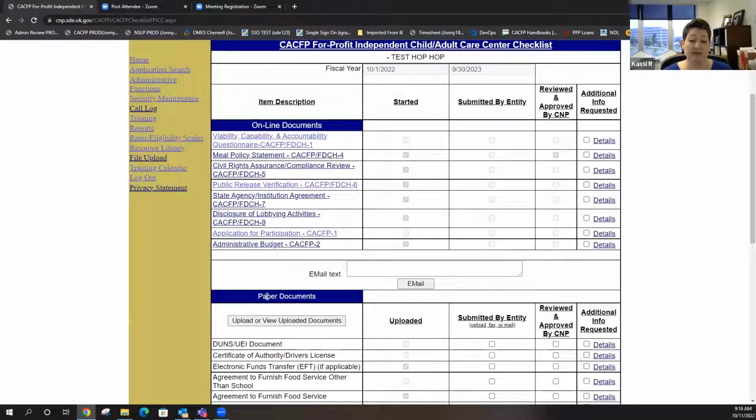And right off the bat, like I said, it's a far shorter list of things, because we've only made things appear that you need, and we've condensed some other things into one form. So if you see these forms that are rolled forward, submitted, and approved, you simply have to click into them and make sure nothing needs to be changed. You don't need to resubmit it. That's one less step. They're not hard forms to do, but that's one less thing for you to submit. It's one less thing for us to approve. The less we have to click in and approve, the quicker it's going to be for us to approve your application. So I digress.